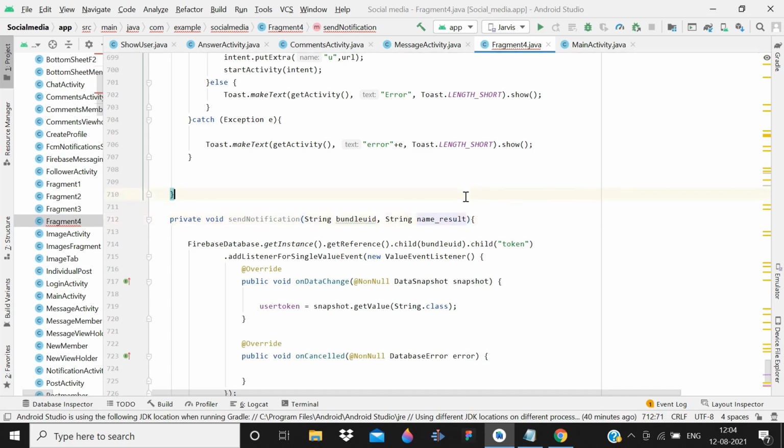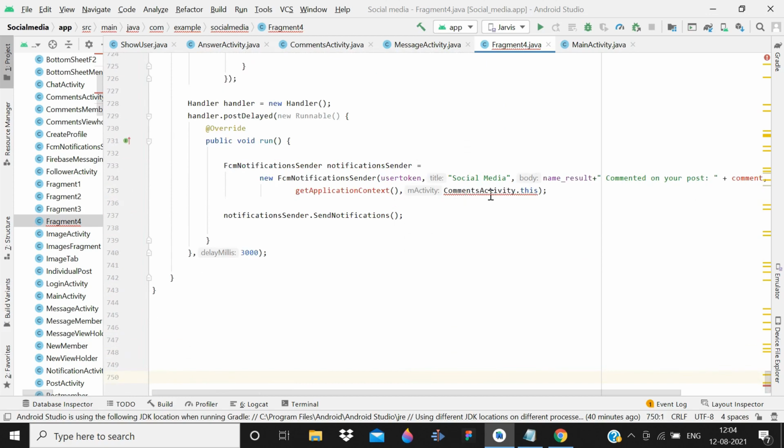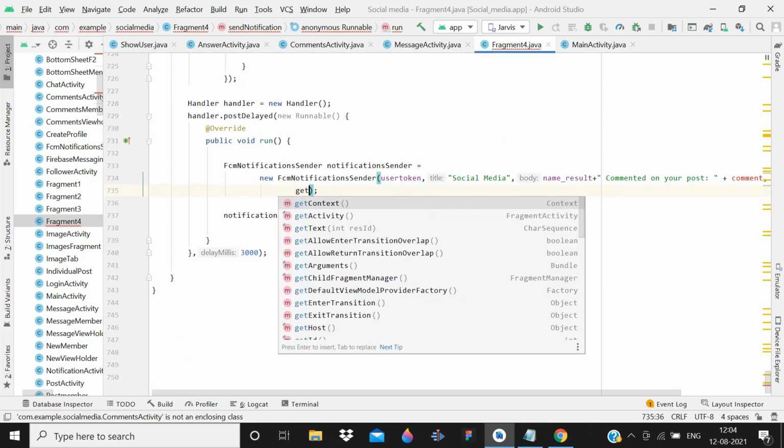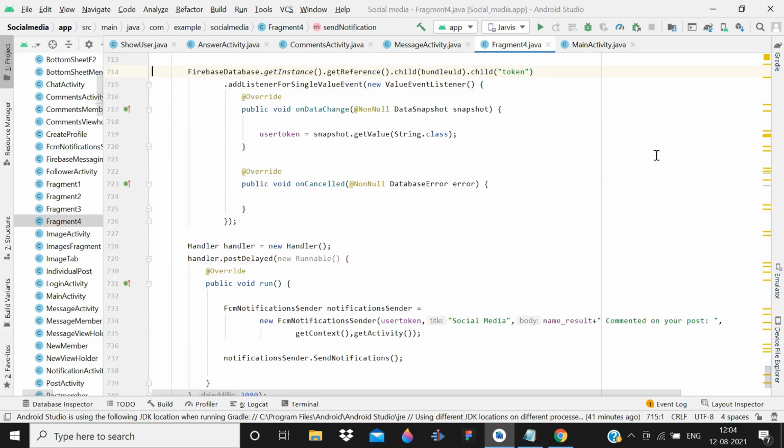So remove the third one, and now as I said that we are using this inside a fragment, so the change that we need to do here is simply write get context, then get activity, done. That's the only change that you have to do, and then delete this. We don't need the third parameter, so we only need the name result, name, and like your post message.